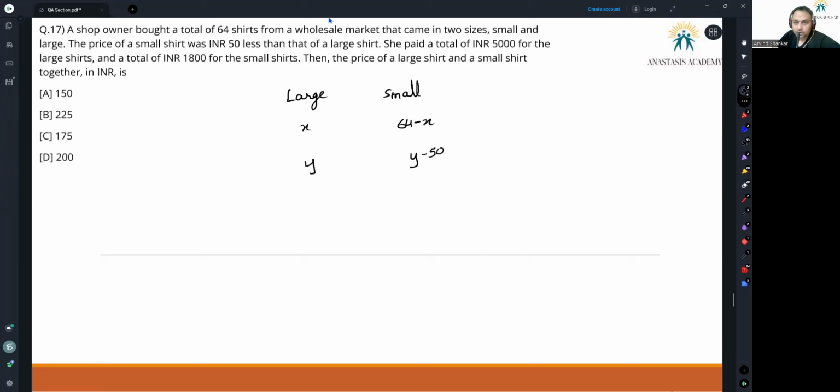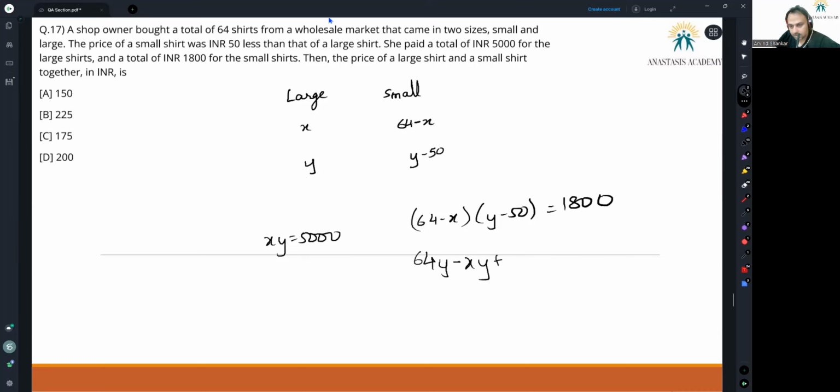She paid a total of 5,000 for the large shirts. So XY is equal to 5,000 and 1,800 for the small shirts. So 64 minus X into Y minus 50 is equal to 1,800. Let's open this up. How much are we getting? 64Y minus XY plus 50X